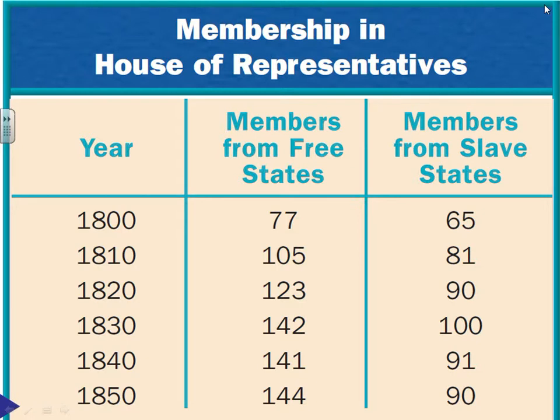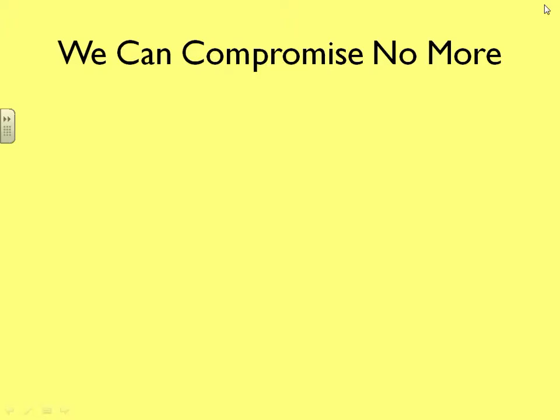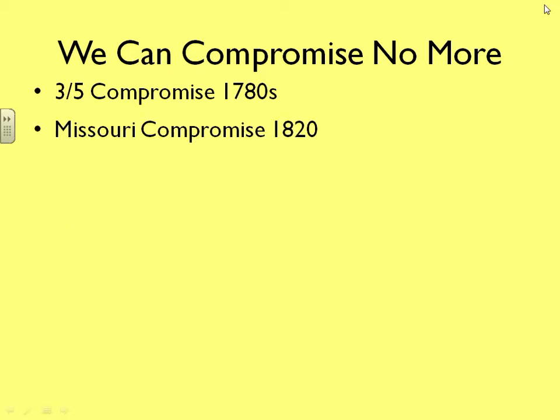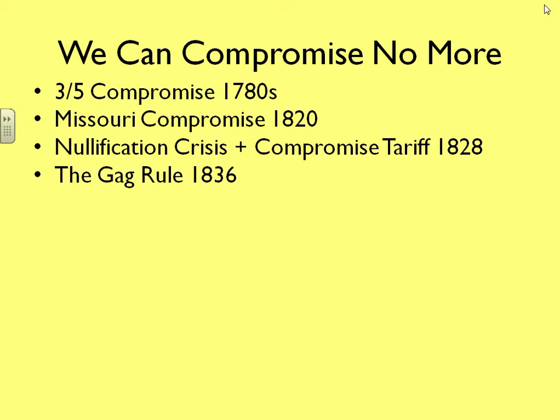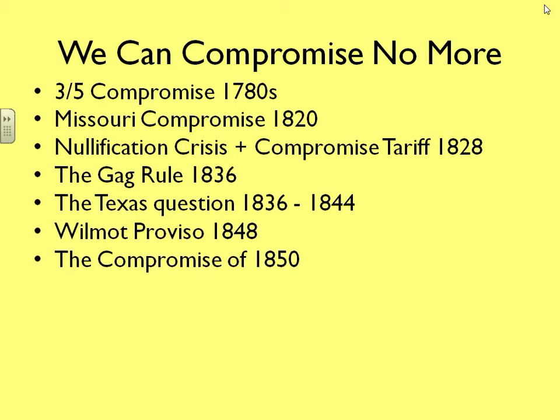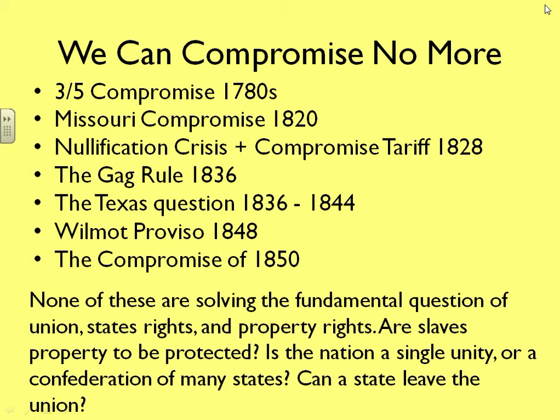Because in the House, northern population is tipping the balance that way, but you can always check it by having control of the Senate. So, California. They're going to see that they can no longer compromise with California. We look at all the different compromises that we've had. And we're going to get one last one with California, but it is going to be the last of the compromises. And we're not solving this fundamental question.